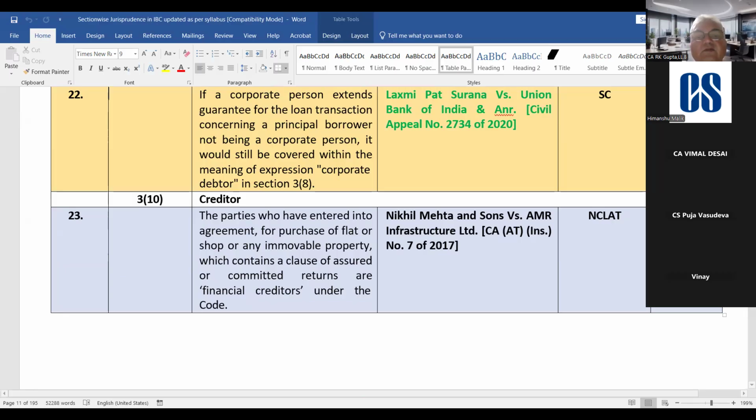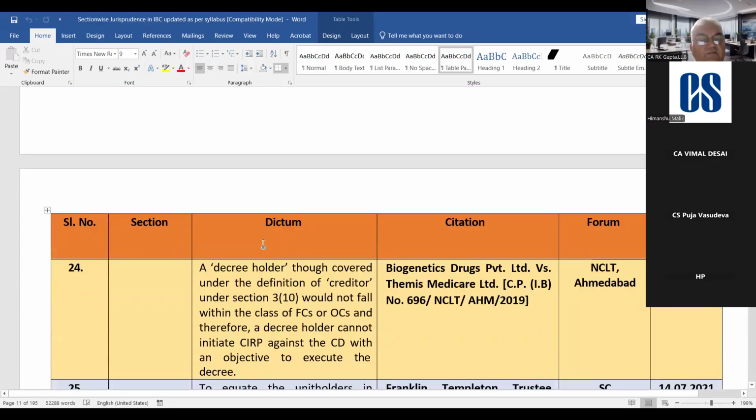कई बार आप पेपर में ऐड देखते हो ना, क्या कहता है कि भाई you give us money, we will give you 12% और 18% interest, ठीक है, till the time you are given possession। तो ये क्या है, they are financial creditors, because वो जो बिल्डर है, बिल्डर क्या कर रहा है, बिल्डर उनकी मनी को ही utilize कर रहा है। सो parties who have entered into an agreement for purchase of flat or shop or any immovable property which contains a clause of assured or committed returns are financial creditors। तो ये फाइनेंशियल क्रेडिटर्स में आते हैं, ठीक है।